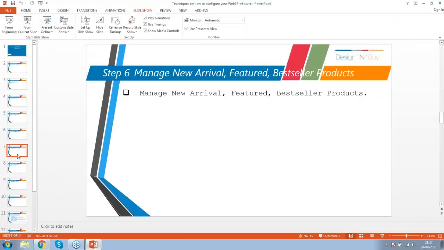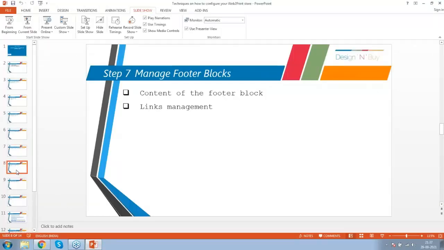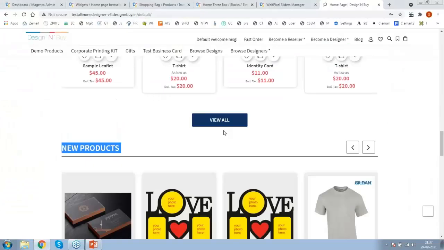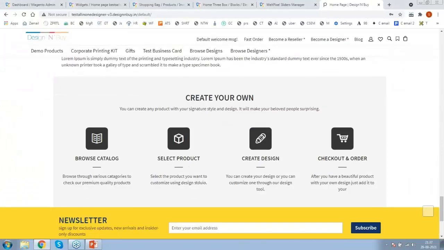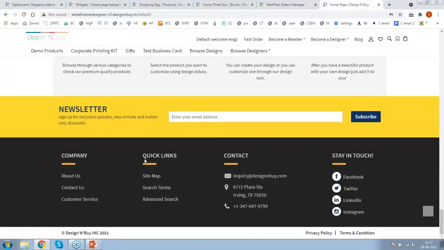Now then we have manage footer blocks. So in the footer we have this block. This is the footer block, where we have company information, where we can see the links of the contact us page, about us page, customer service page, as well as a few quick links like sitemap, search terms, advanced search.